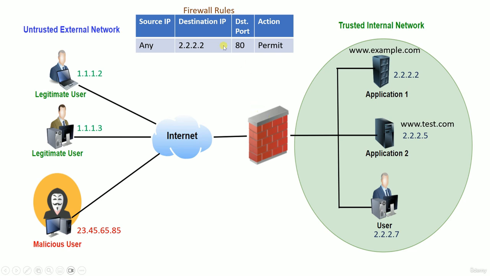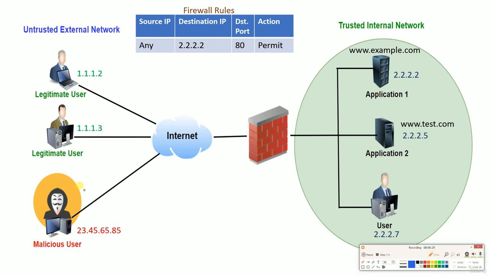the firewall will look at the security policy. It's mentioned that the source can be any, and if the destination is this, for port 80, it's set to permit. So this will be permitted, right? I'll just show you. So when this malicious user is trying to connect to this application,